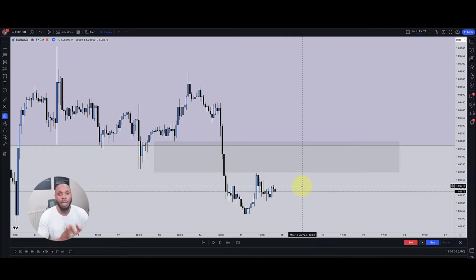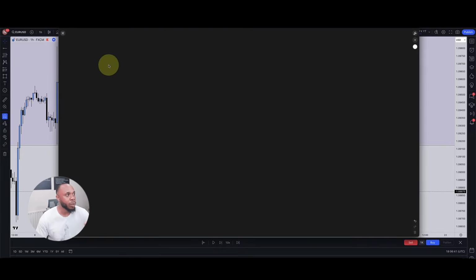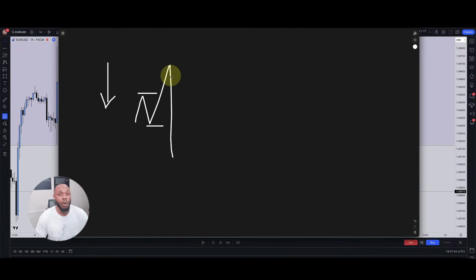But now, another part of my strategy is this. If I want to sell, I need to see price run a high first, take out that liquidity, and then drop beneath this low here. I like to see this happen first before I get into any trade. What I don't like to see is this. I don't like to see anything like this and then a drop, because there's going to be money left up here, and that would always make me uncomfortable to sell from anywhere near these highs. I like the money to be taken first before selling. So the moment they run out liquidity, they take that money, and then they drop.